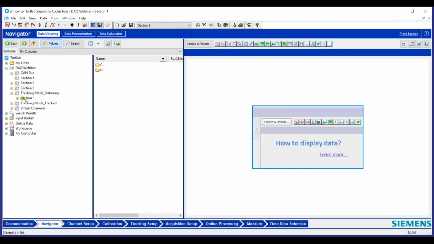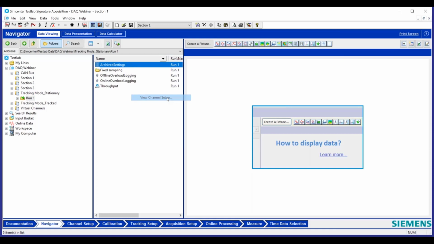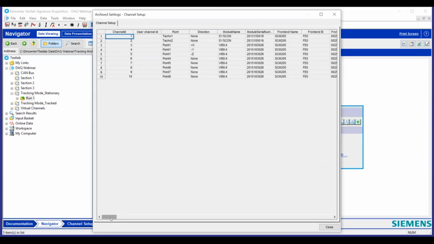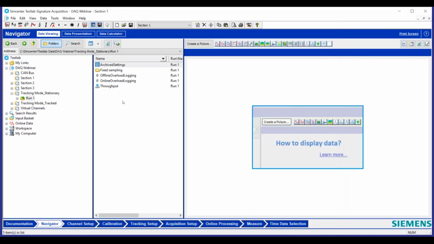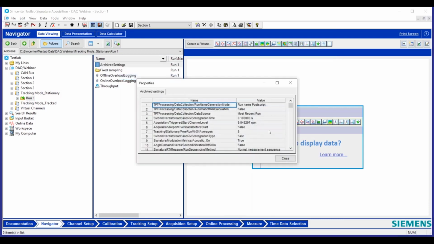Let's look at some data. So if we go to the Navigator tab and we go to Run, we actually have just Archive Settings. And if you right-click on Archive Settings, you actually have a couple options maybe you've never known about. You can view the channel setup that was used to do that measurement. I can also load it if I want to into my channel setup to redo a test. Or I could do View Archive Settings.